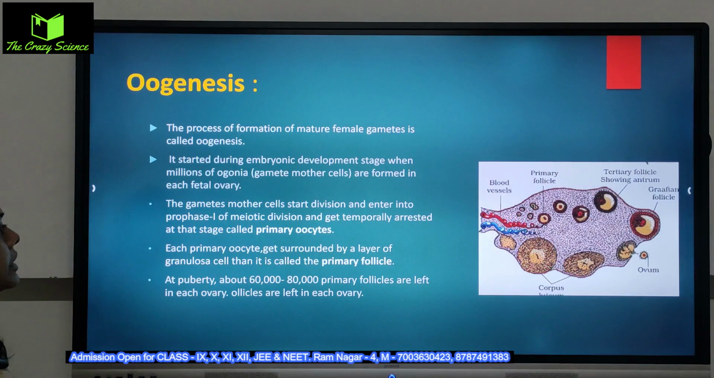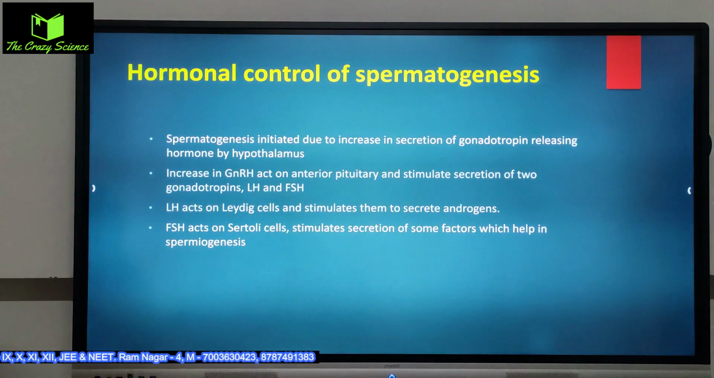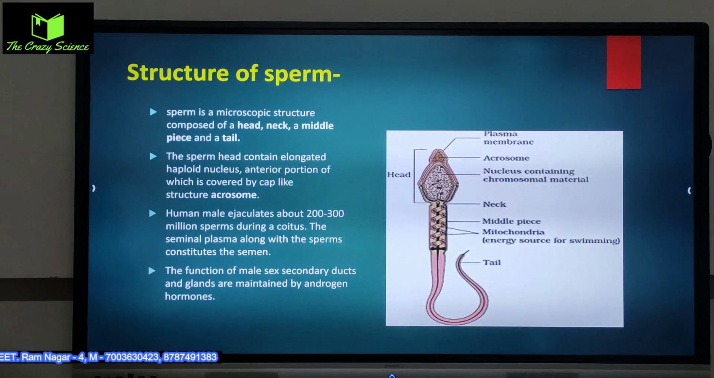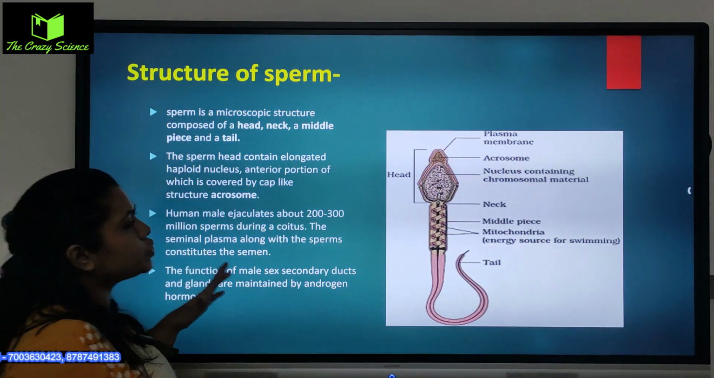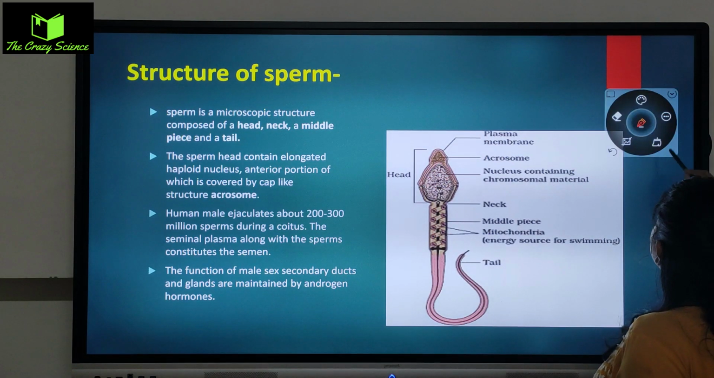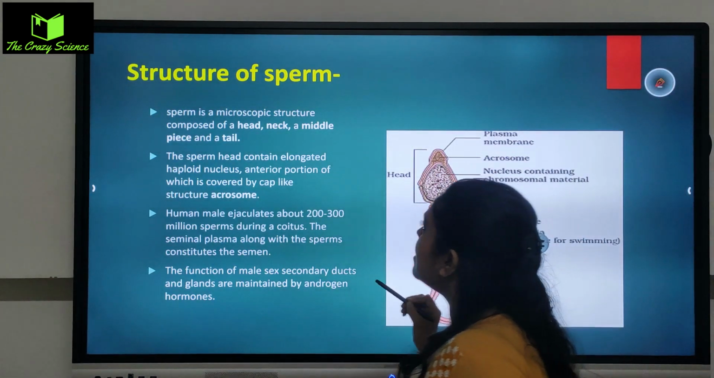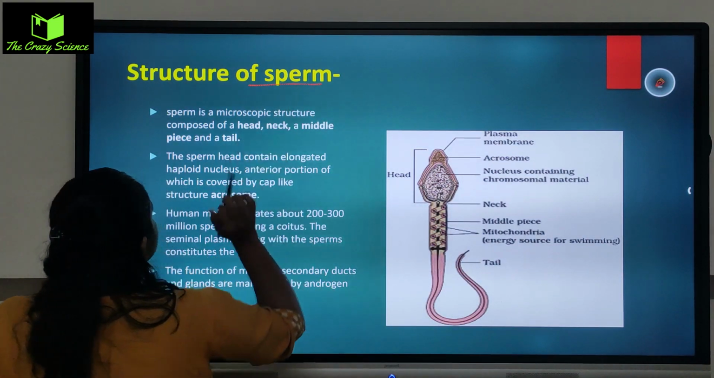So next is oogenesis. আমরা লাস্ট hormonal control পড়লাম. No, before moving to the oogenesis we need to know the structure of the sperm, their function and their structure. এটা প্রত্যেক বছরেই বোর্ডস এ আসতেই থাকে. Sperm, which is called the male